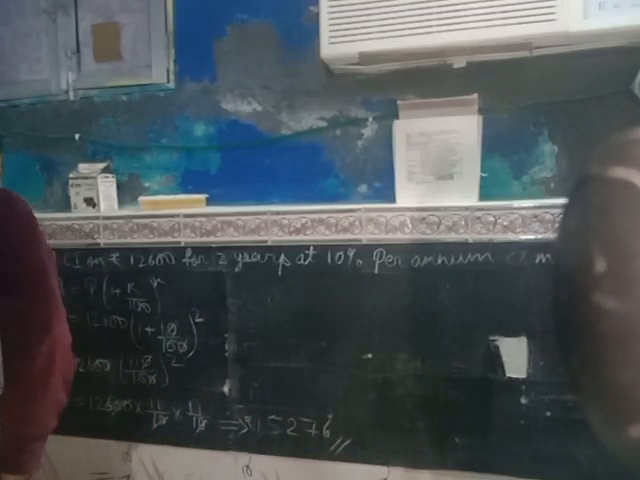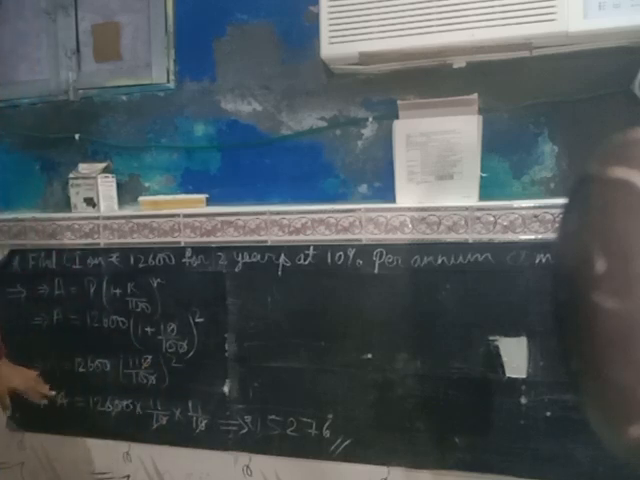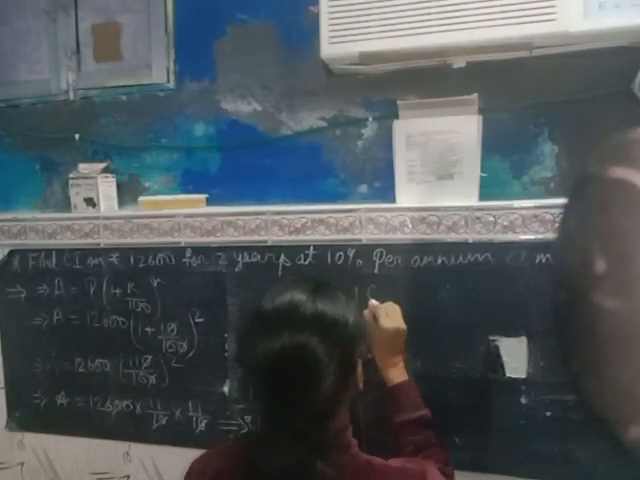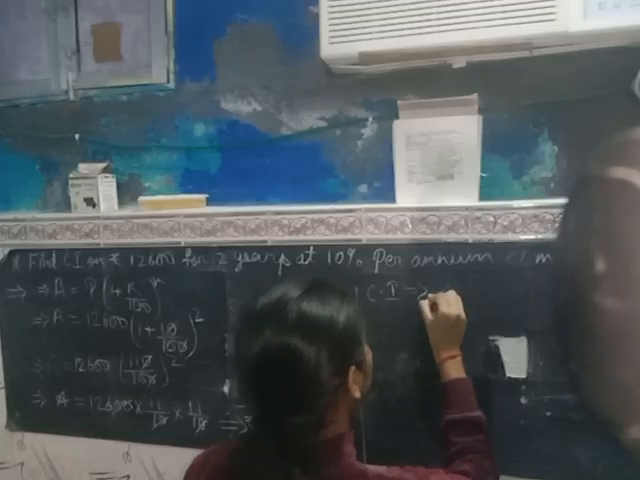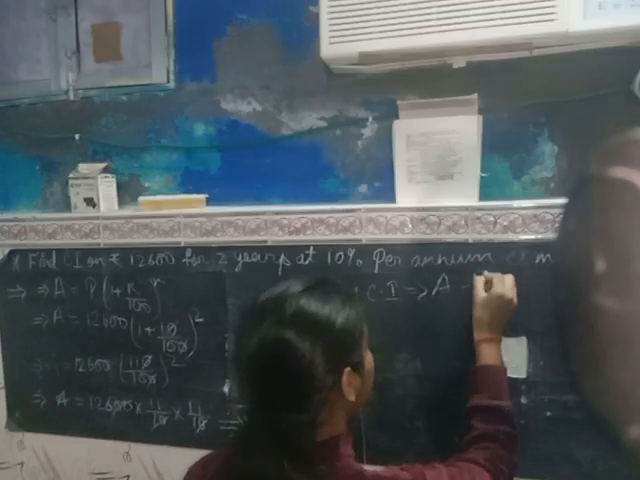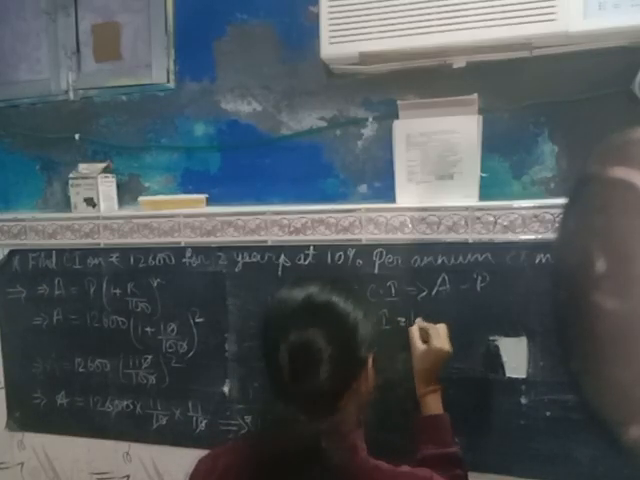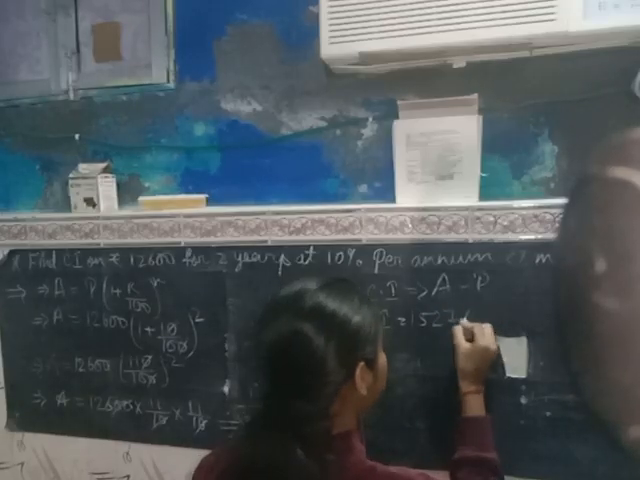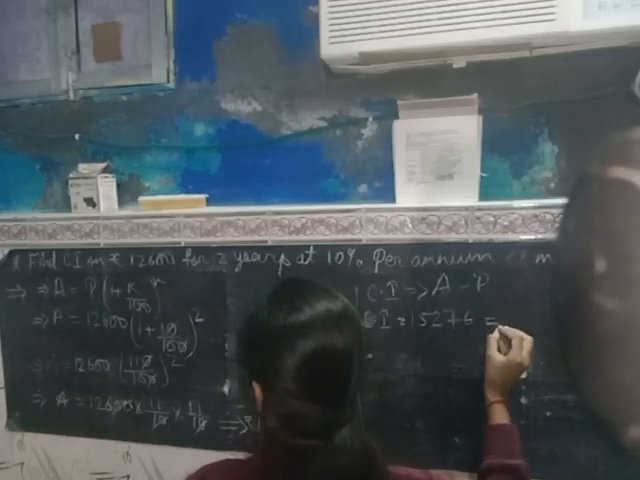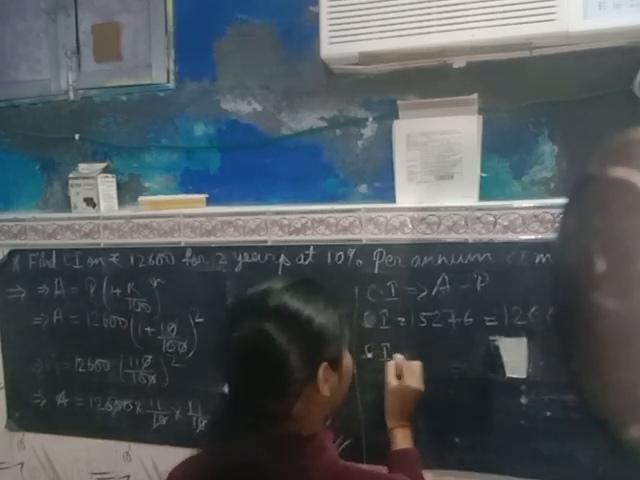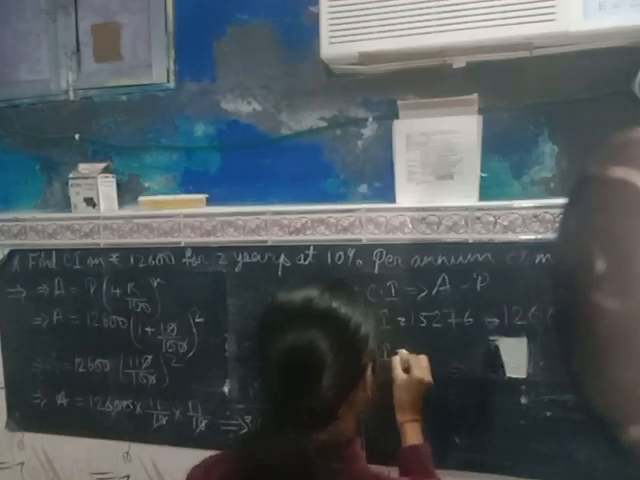The amount is 15,276 rupees, and in the question I have to find the compound interest. So the formula of compound interest is amount minus principal. So the amount is 15,276 and the principal is 12,600. So the compound interest is